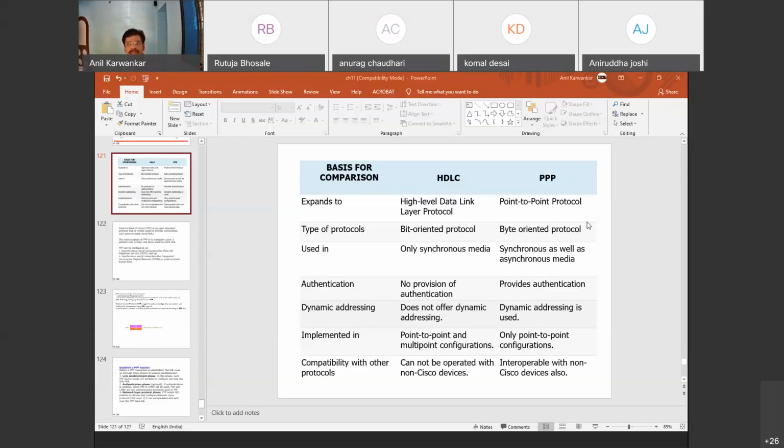PPP over Ethernet can be termed a network layer protocol, whereas PPP is a data link layer protocol. That is one of the differences in utilization between PPP devices and devices which follow SDLC.